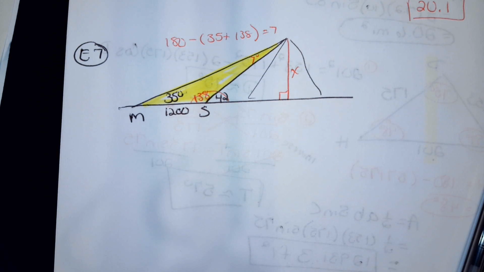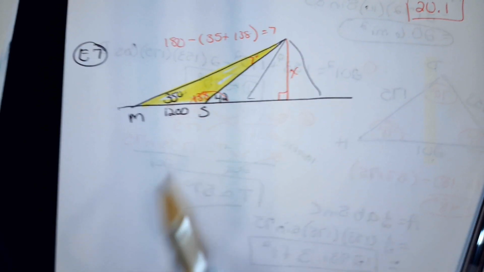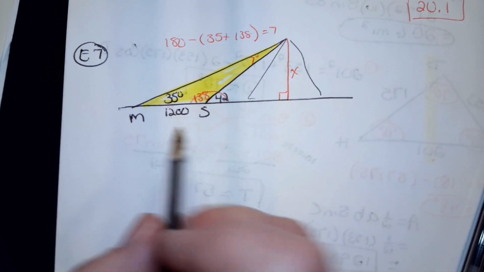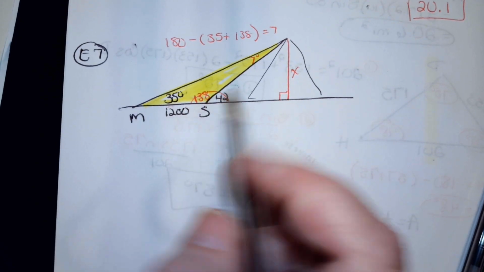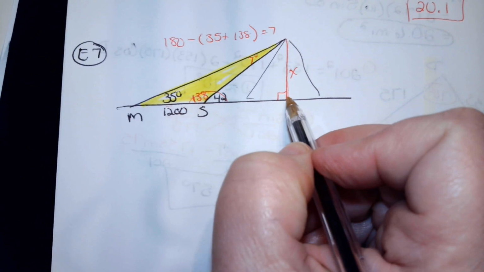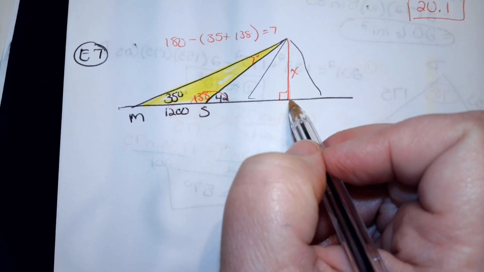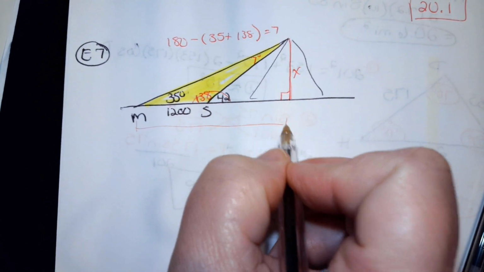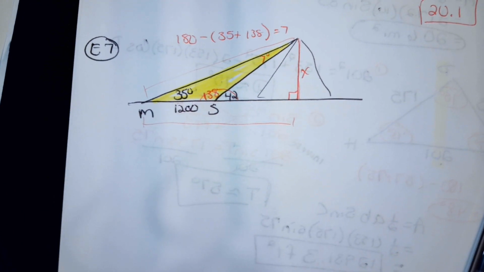Now I know you're thinking, well, why are we working with this triangle if we need the height? Well, because we need to be able to find a whole side. This right here is only one side of a non-right triangle. I can see that I'm eventually going to work with a right triangle because we get that perpendicular there. The altitude, the height is always a perpendicular. So if I can either find this whole side here, or I can find this whole side here, I can use basic trig to figure out what that missing